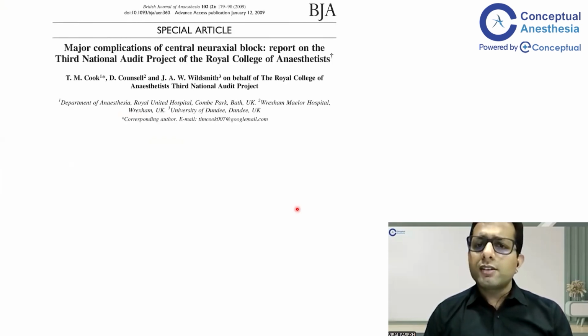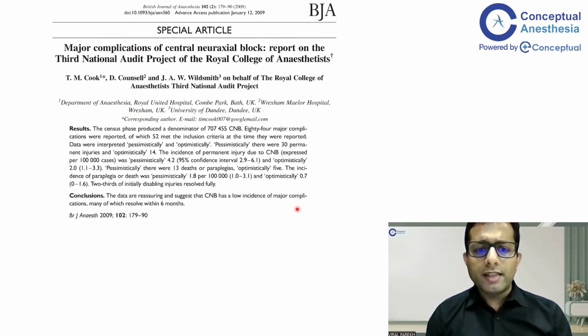Coming to the complications of central neuraxial blocks. This was the Third National Audit Project, which was published in 2009. And it mentioned that the incidence